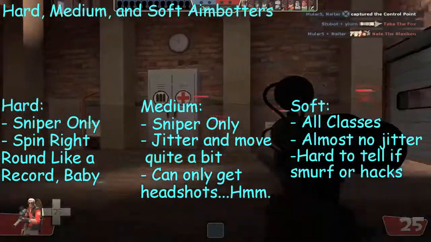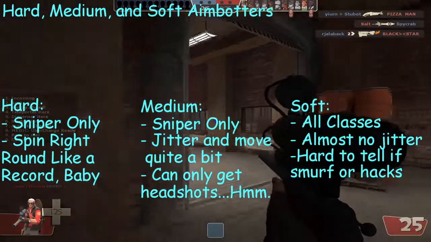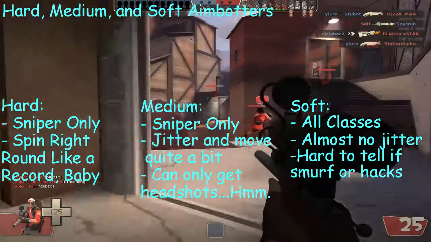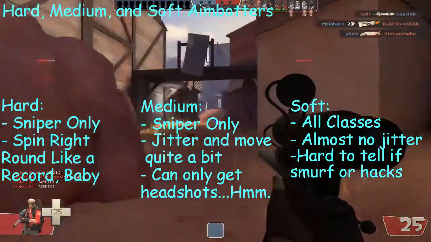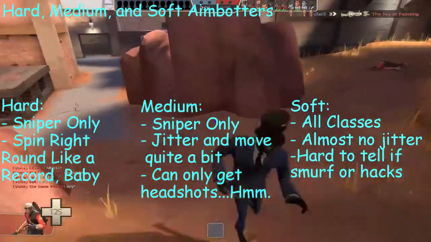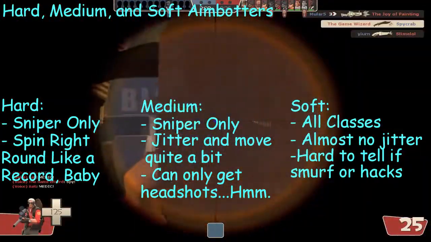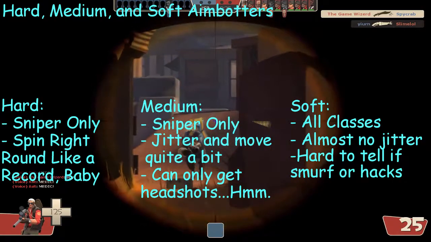Soft aimbotters are the most annoying to spot, because they're so easy to mistake for a smurf or a good player. These people will play most classes except medic or engineer, and even then, sometimes they play battle medic, or battle engineer, or they'll have a wrangler with them. These people suck to play against because something's off and you know it, but you don't want to call hacks